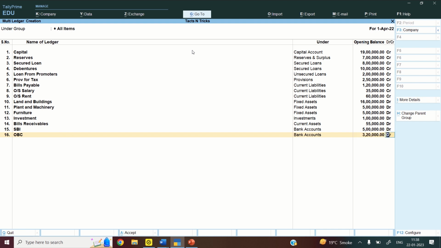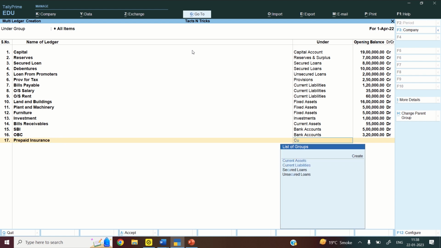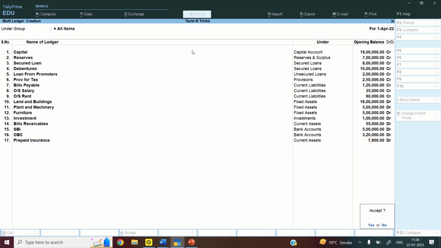And we will not prepare cash because it is an inbuilt ledger. So the last ledger comes, that is prepaid insurance, and that is your current asset, and 7,800 rupees. So we have prepared all the ledgers from the debit and the credit side, but we haven't prepared the cash